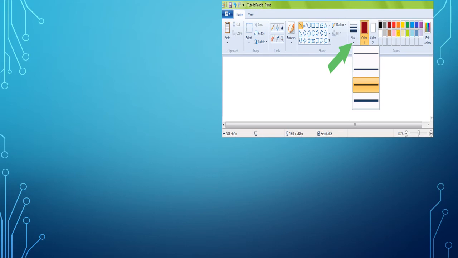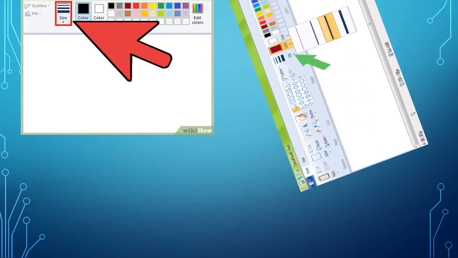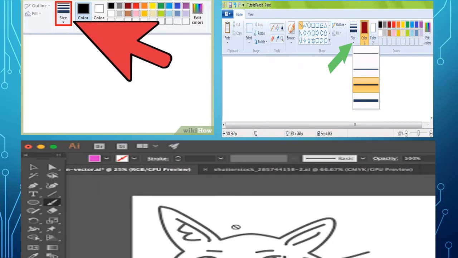After that you can select the color from the color 1 section, and then select the size for the thickness, and then drag your mouse and draw your picture.